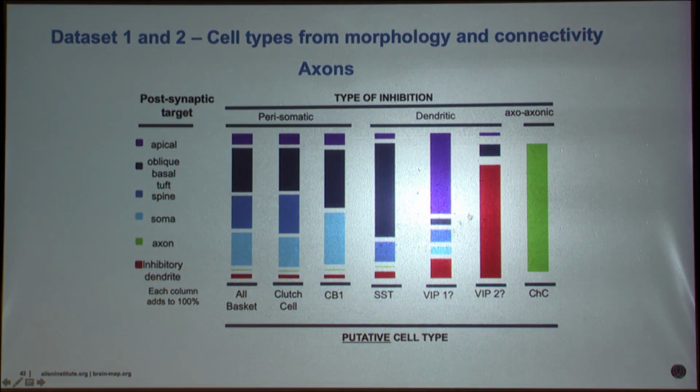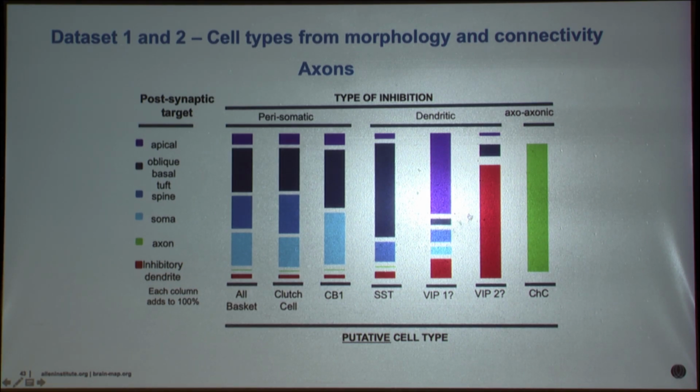I'm going to skip this other. No, I won't skip it. Very quickly, in an almost automated fashion, not quite yet, one can classify the different types of inhibitory axons and then ask what the target is of these different types of inhibitory axons. Again, a question that is very hard to look at with other techniques.